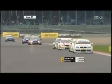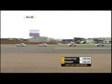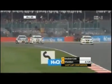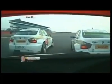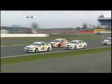2 more laps. This is the battle, with Tom Onslow-Cole, Gordon Shedden battling. Then in front of Onslow-Cole is his BMW teammate, the blue stripe on the top of the car, Nick Foster. Does he leave the door open? Tom's going to try and go around the outside into the right-hander, and Gordon Shedden has got to find a way through. Will he push Foster wide? Foster's going to try. No, Gordon Shedden's going to try and pass the two of them, but it won't happen